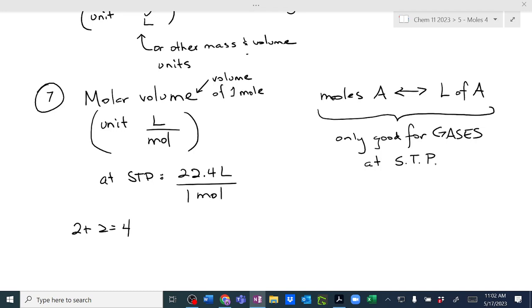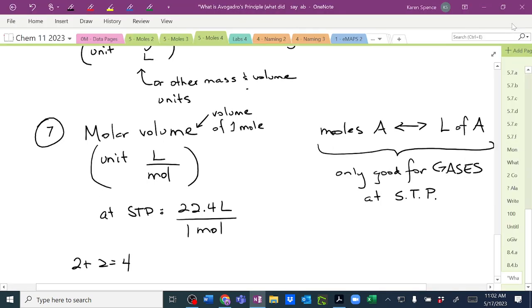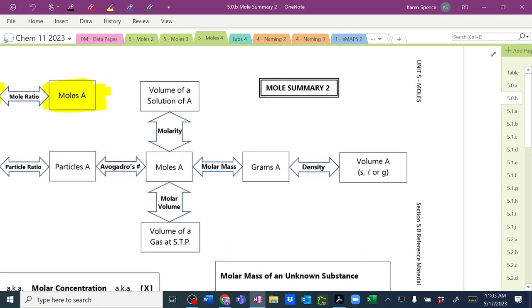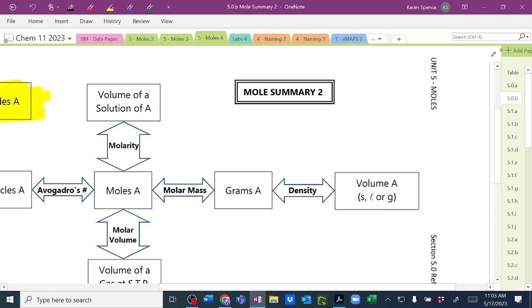So we now have 7 conversion factors, and you should have one of these sheets. So if you're having trouble with things, you can be like, okay, the question has given me volume, so let's actually go find that sheet so I'm not pointing at a tiny piece of paper in front of you. Here we go. Let's say I gave you centimeters cubed of gold solid. Yes? And I would have to give you the density. You could then find grams. From grams, you could find